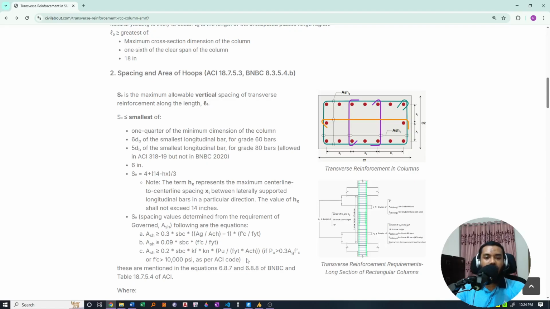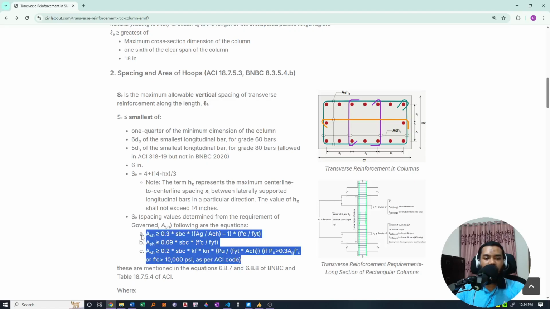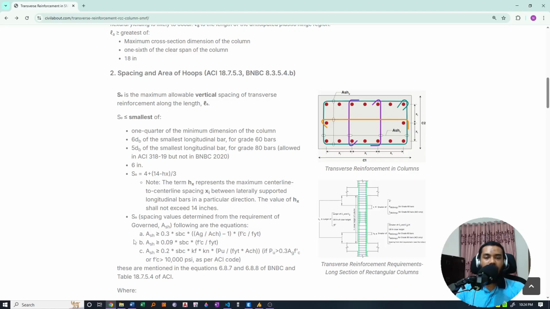In the code, there are 3 equations mentioned to determine the required transverse area of reinforcement in the region of L0. From that requirement, we have to determine the value of S0 using these 3 equations. And here I want to mention that equations A and B, we have to consider all the time,